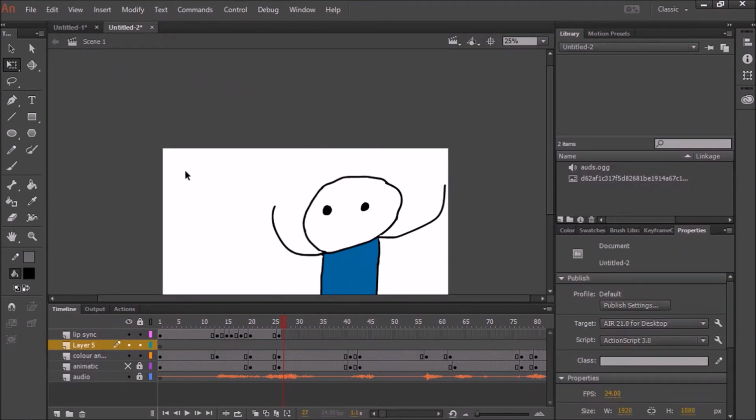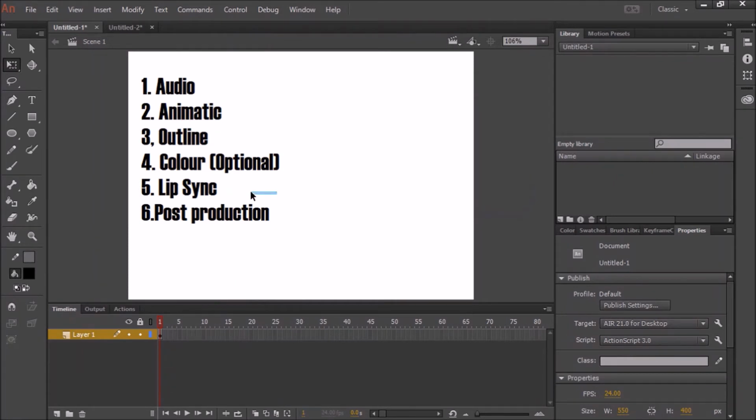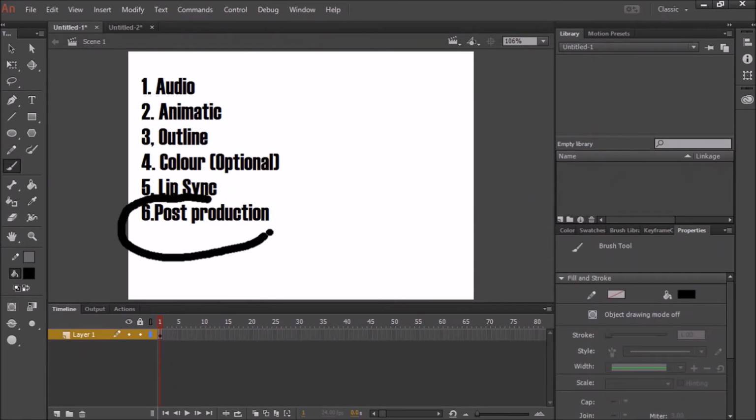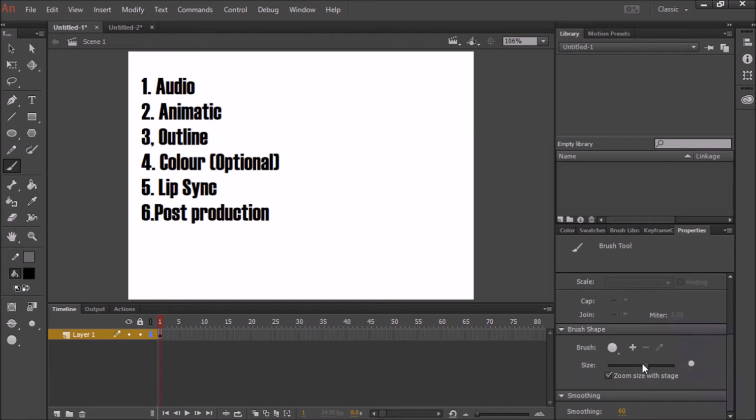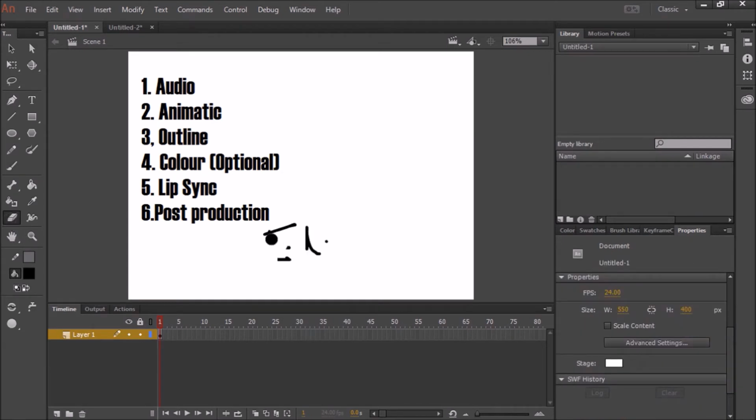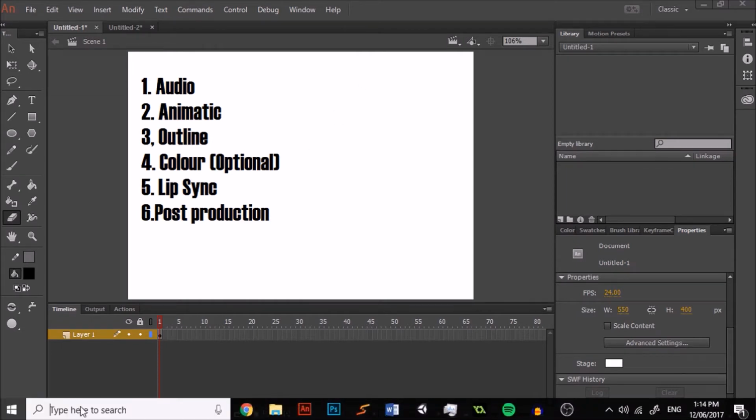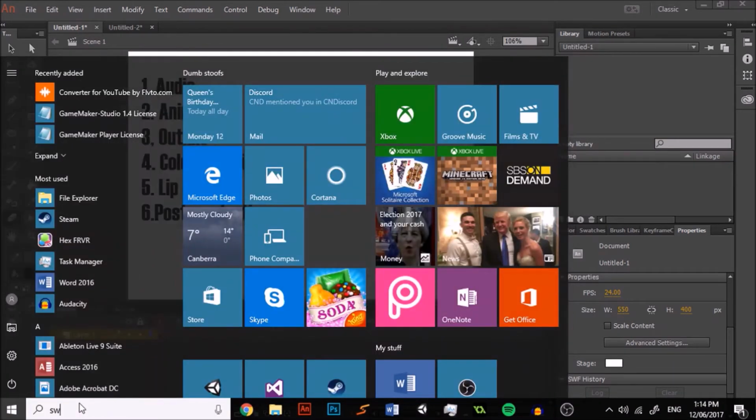Now I can delete it. So the next step is post-production. This is editing. It's literally just editing the animation that you already have. What I suggest is to export your thing, use the program